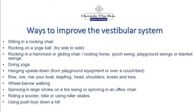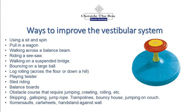Sitting on a rocking chair, rocking on a yoga ball, rocking in a hammock, playing on playground swings or blanket swings, doing yoga, hanging upside down from playground equipment or over a couch, playing row, row, row your boat, leapfrog, head and shoulders, knees and toes, or wheelbarrow walking, spinning in large circles on a tire swing, or spinning in an office chair, riding a scooter board or a bike using a sit and spin, having them pull a wagon,